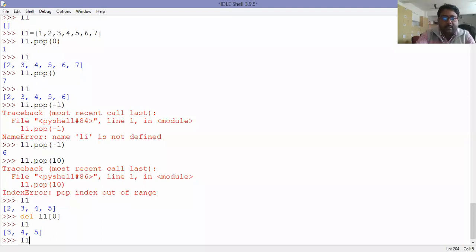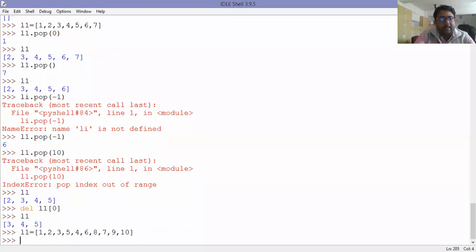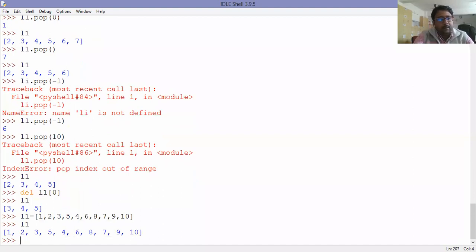Let us consider a list L1. I know the element. I want to delete the element 6 or element 5, but I don't know the index number. So I will use the remove function.